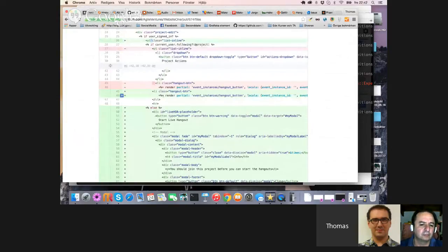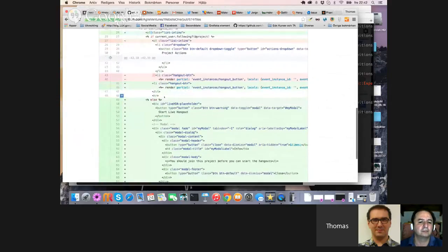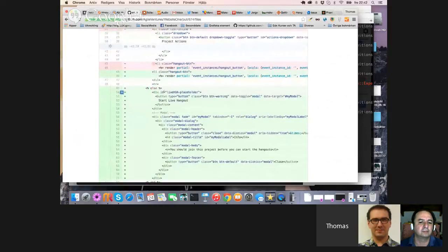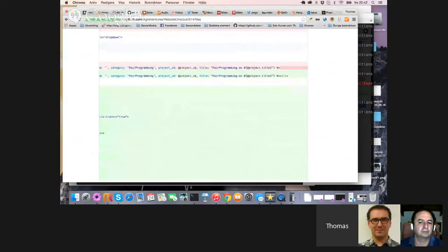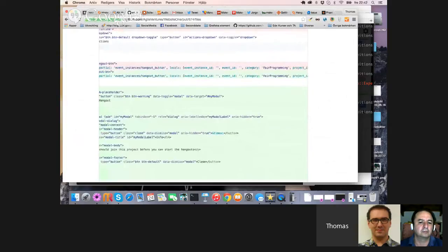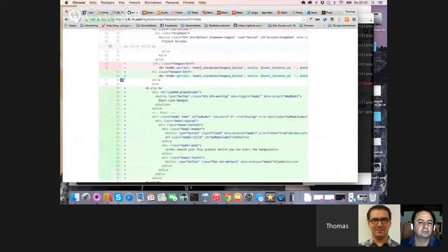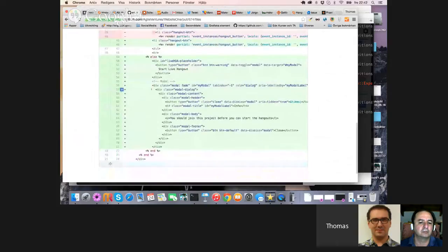And instance button here, this is the same thing basically, or did you change anything here? Yeah, I added else. Okay. The else here. Okay.